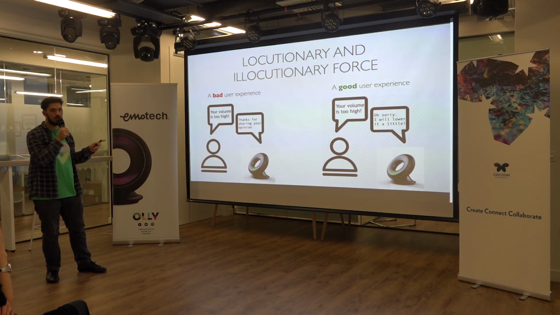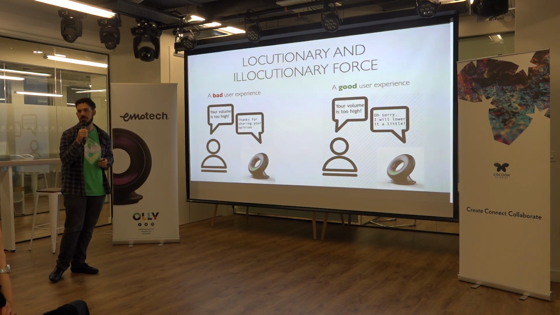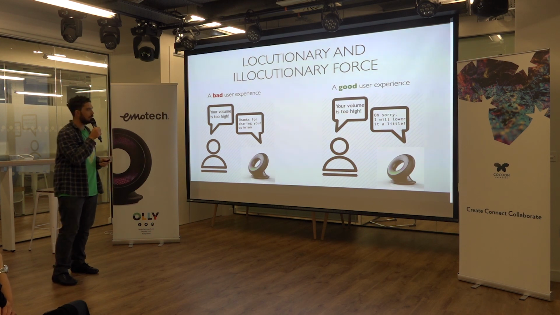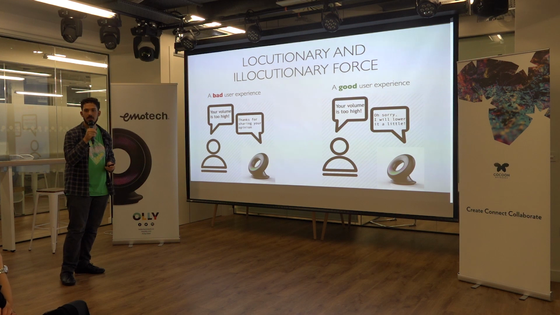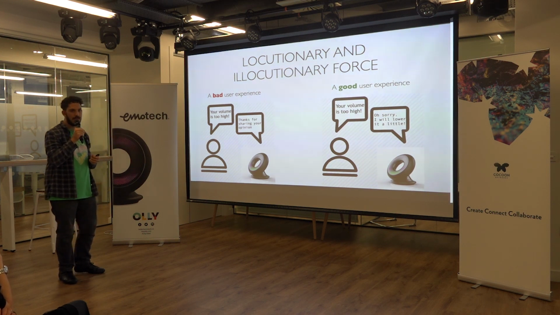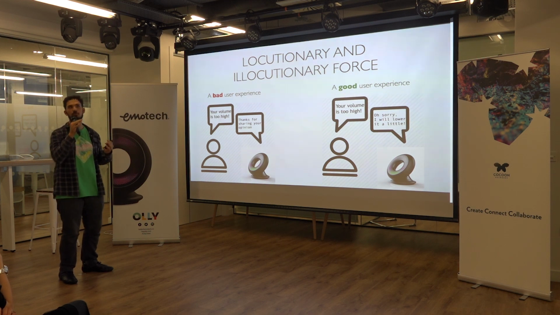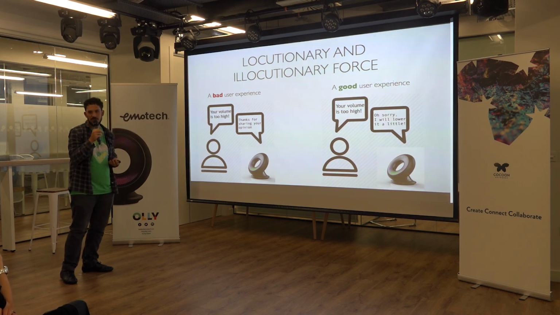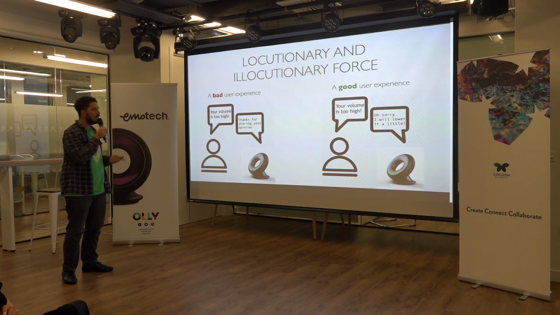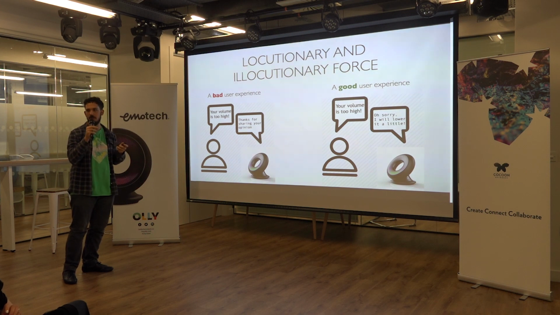This can become very annoying in a scenario where you're trying to build a dialogue system. So if you tell a dialogue system, your volume is too high, you expect the volume to go down. Now, if the system is not aware of how to understand your message, how to identify your communication message, it will go like, thanks for sharing your opinion, because you're actually giving an opinion on the volume. But what you really want from a good user experience is the system to lower its volume.